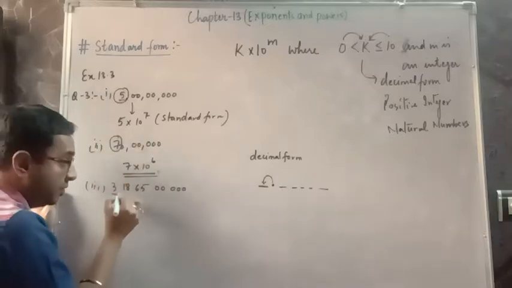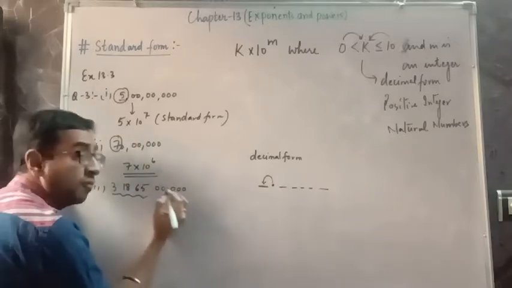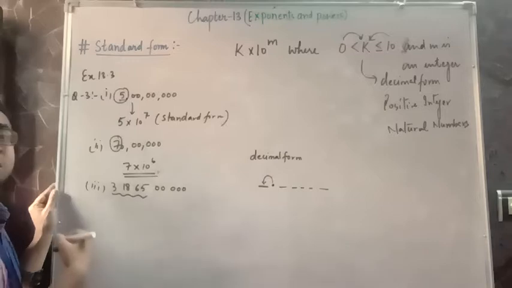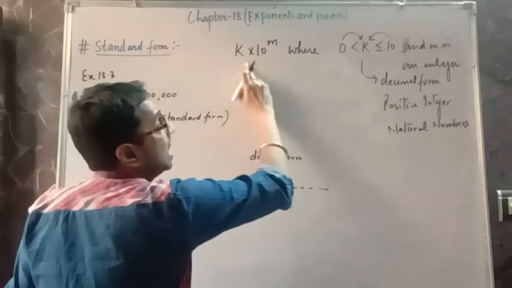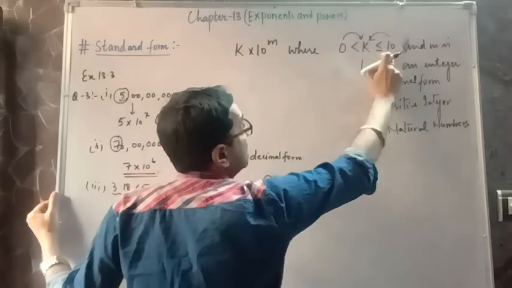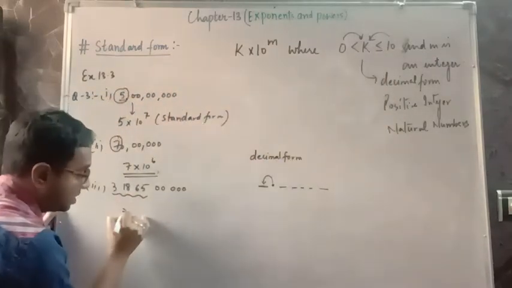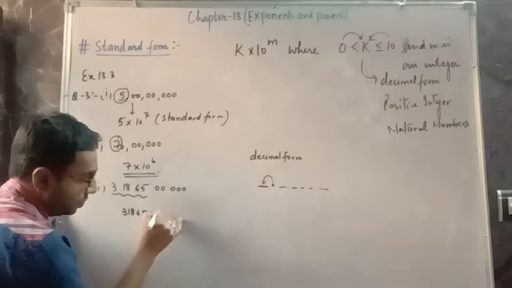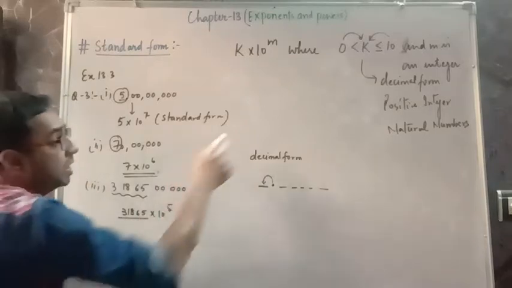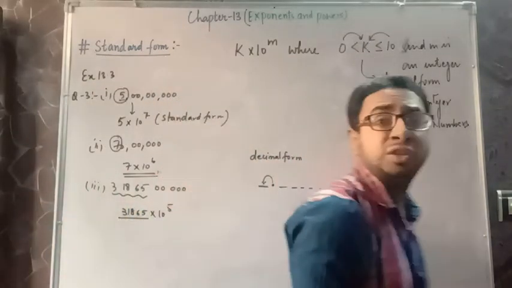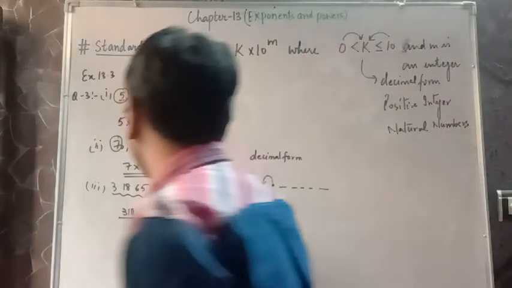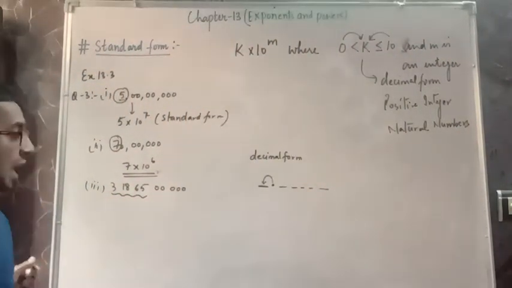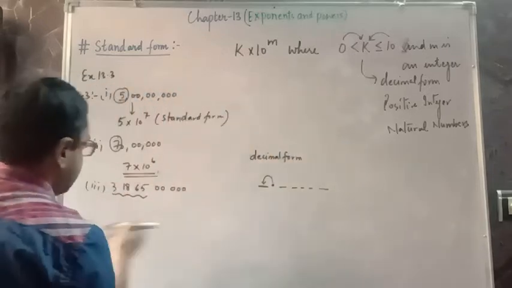But here we have 5 digits followed by a number of zeros. So hence we are left with one option, because the k value has to be greater than 0 but less than 10. If I represent this as such, the k value is becoming greater than 10, which is not a standard form. For this, the value must be in this form. So hence what I'll do, I'll be writing it